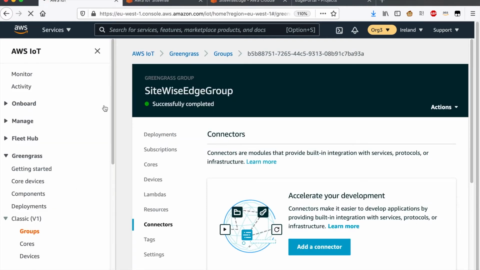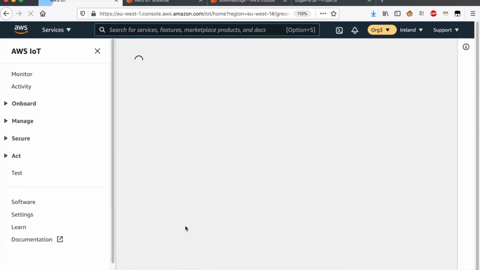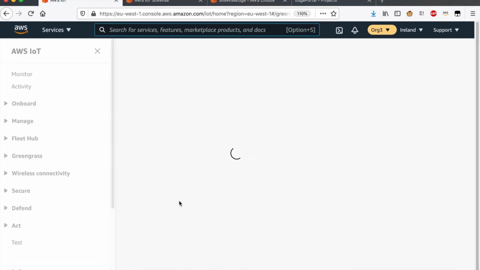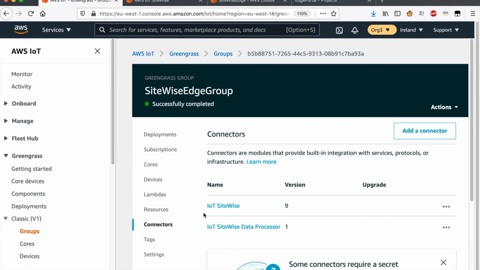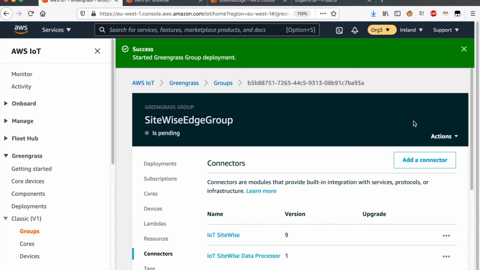I will reload the page to get the current connector configuration. And you can see here, two connectors have been added to my Greengrass group. So these connectors also need to be deployed to the AWS Cloud9 instance where Greengrass is running. So I use actions and deploy. And while the Greengrass group is being deployed, I will prepare my